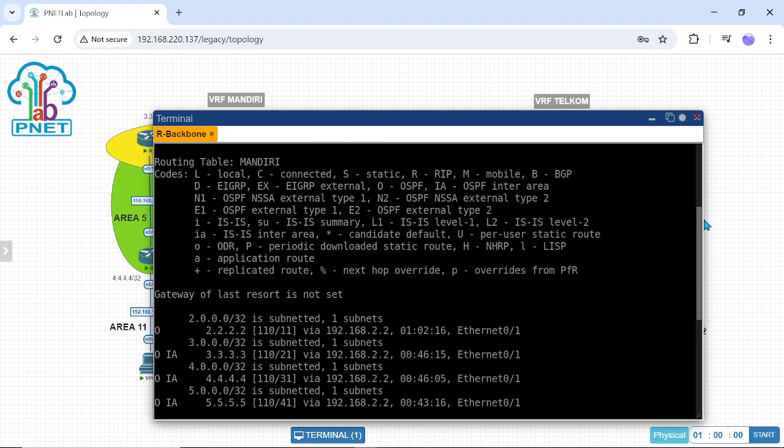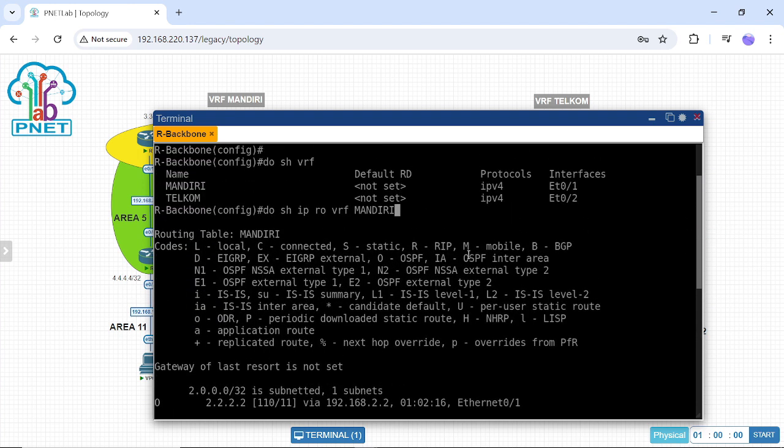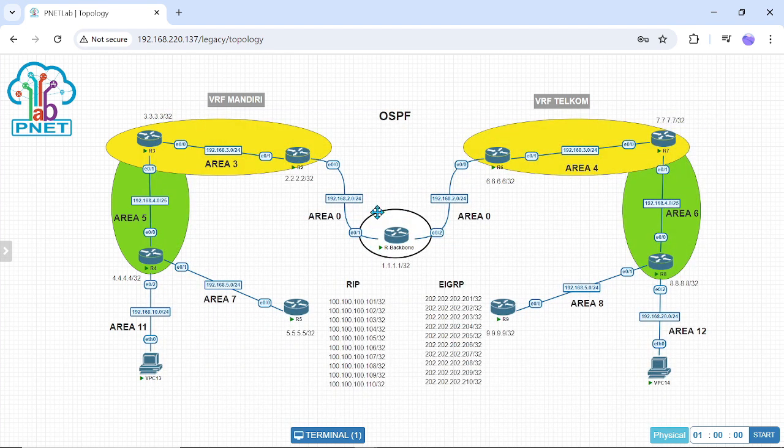If we enter the command do show IP route for VRF Mandiri, the router automatically shows all the IP routing table only for Mandiri.